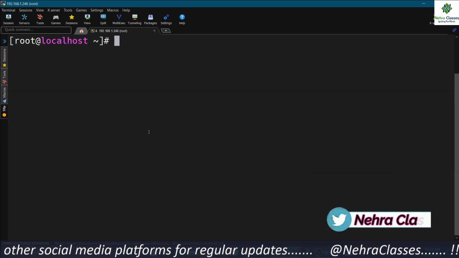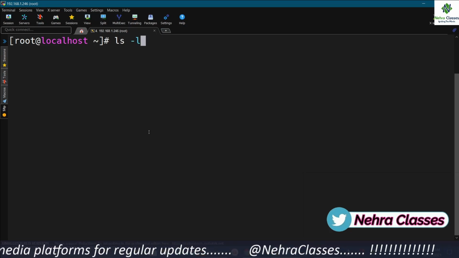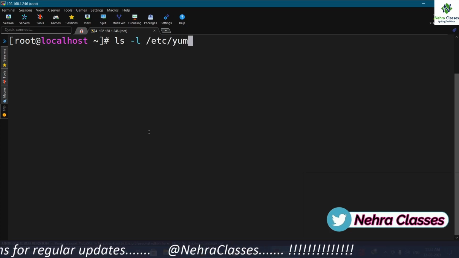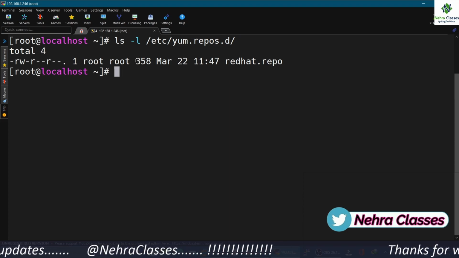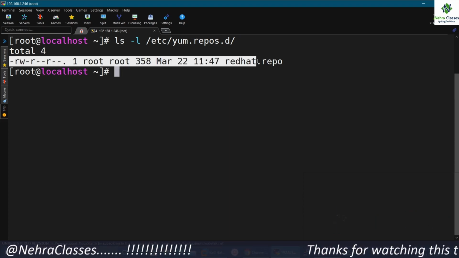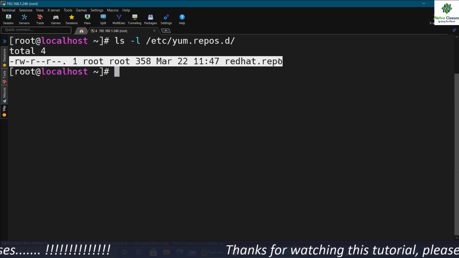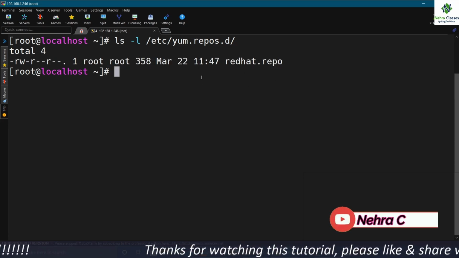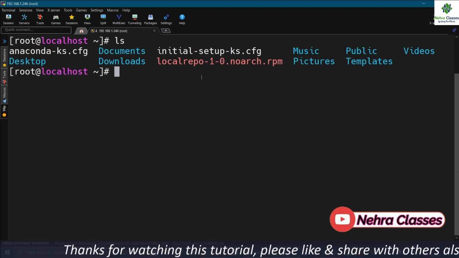Before installing the package, let me show you that there is no file present in the /etc/yum.repos.d directory for the local repository configuration. So you will not find any local repository file there. Now let me show you the rpm package.